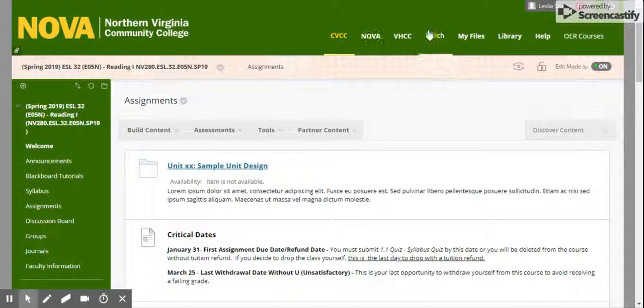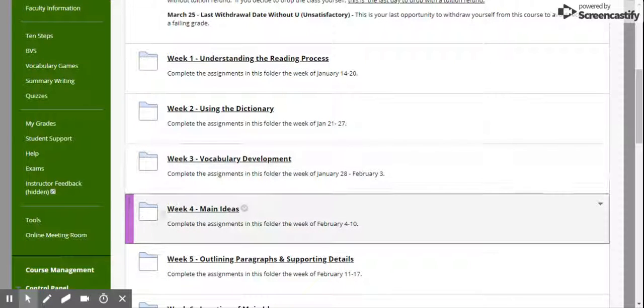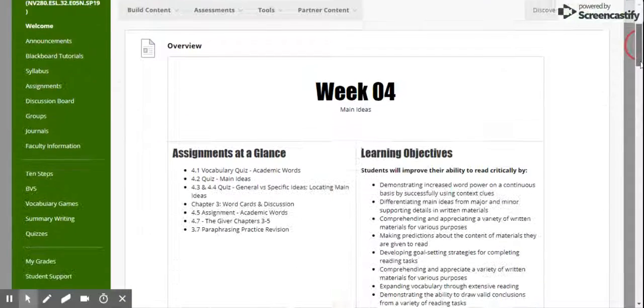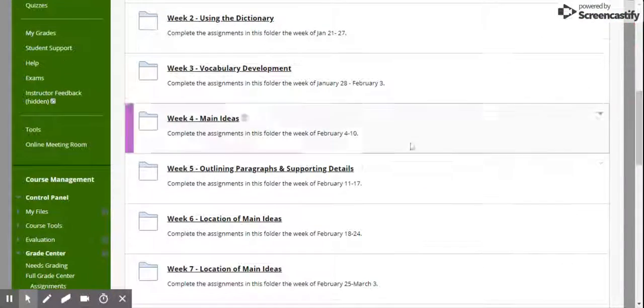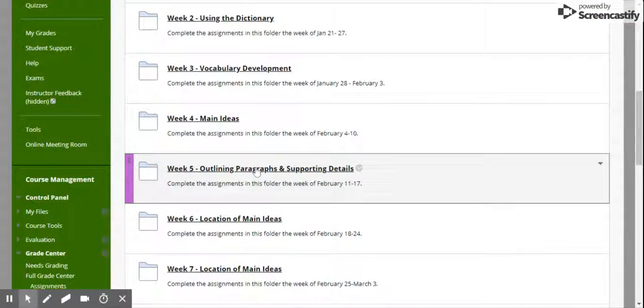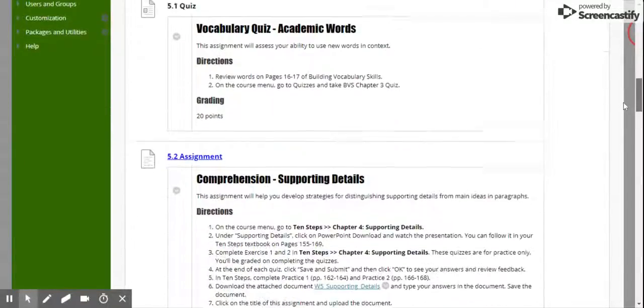You can also go back to your first summary, which I want to say was week 4. Let me double check. No, I'm incorrect. It was week 5. So let me just show you. If you go back to week 5, to our very first summary assignment, which was 5.4,